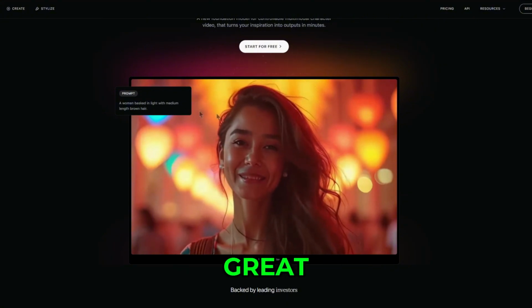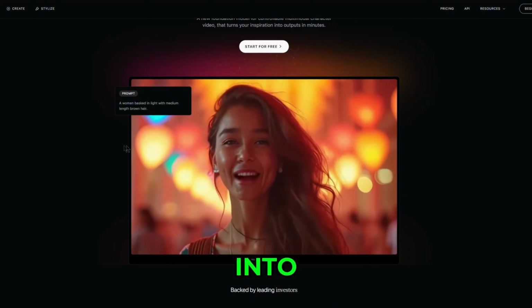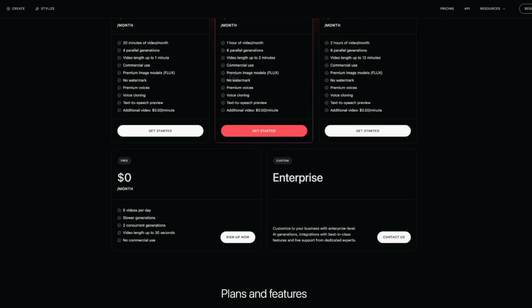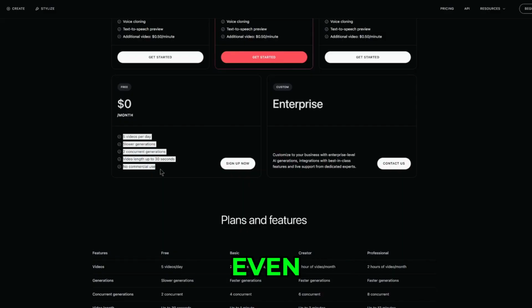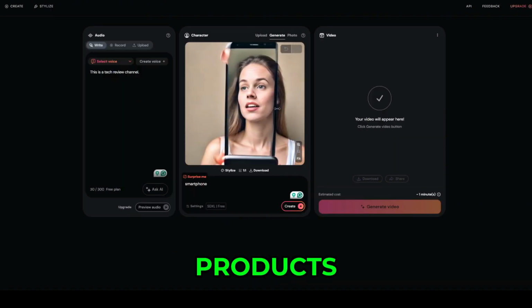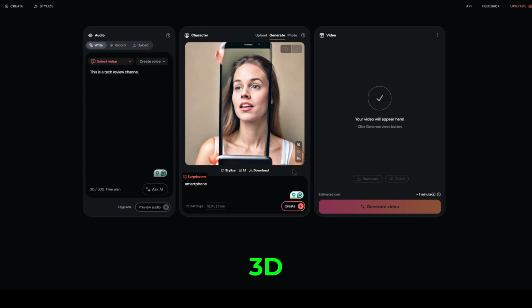It's especially great if you're looking to incorporate 3D animations into your content. Don't let the term 3D animation scare you off. Hedra makes it accessible, even for beginners. For example, if you're running a channel that reviews products, you can use Hedra to animate 3D models of the